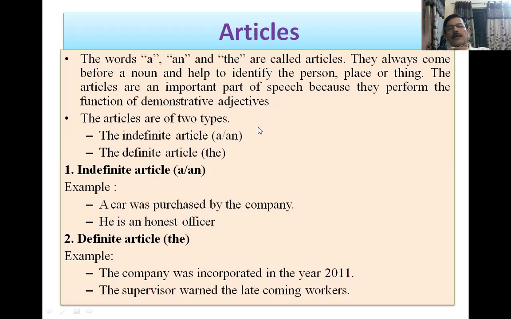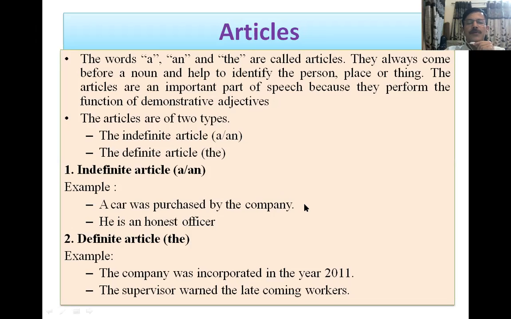The articles are of two types. The first one is indefinite article, that is, for example, a or an. Second is definite article that is denoted by the. Coming to the first one, indefinite article, a or an. Examples are